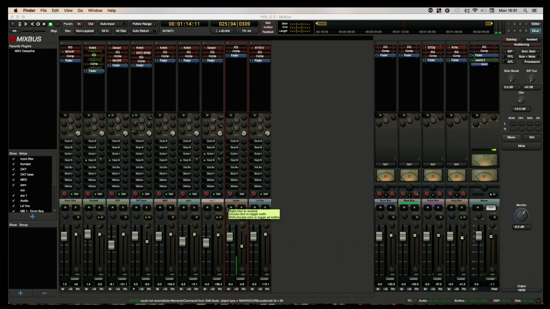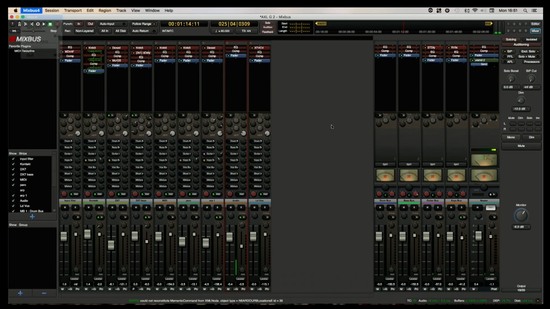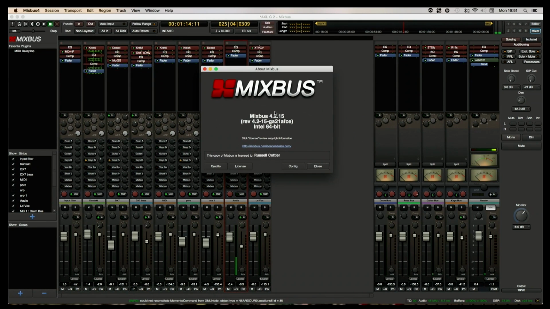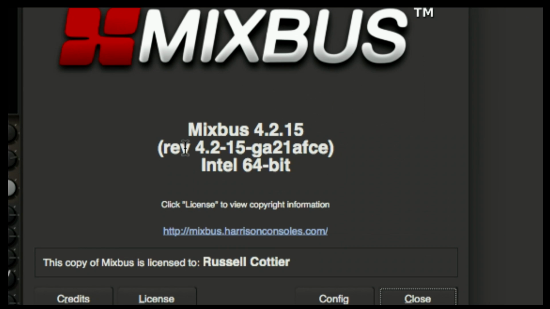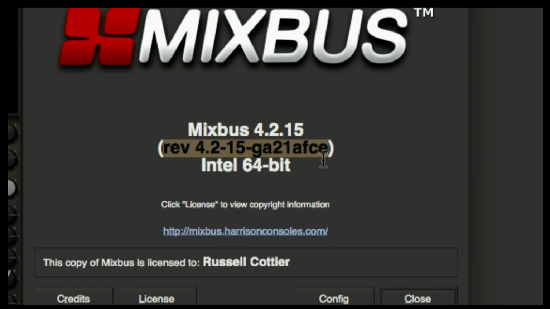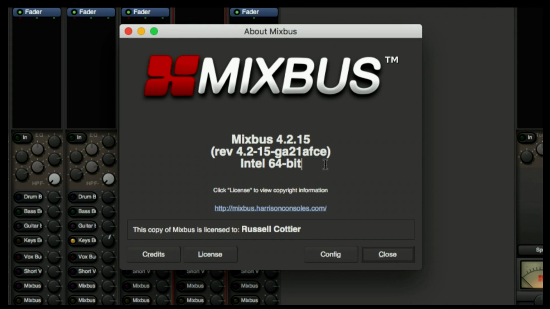Okay, so we are over in Mixbus 4.2. As usual, I'm going to show you the build, which is 4.2.15. This is the rev. It's for Intel 64-bit Mac. Yours may be slightly different, your numbers may be slightly different, but the features are going to be at least